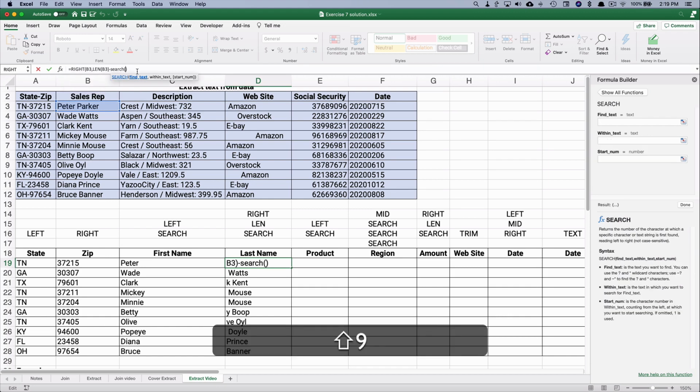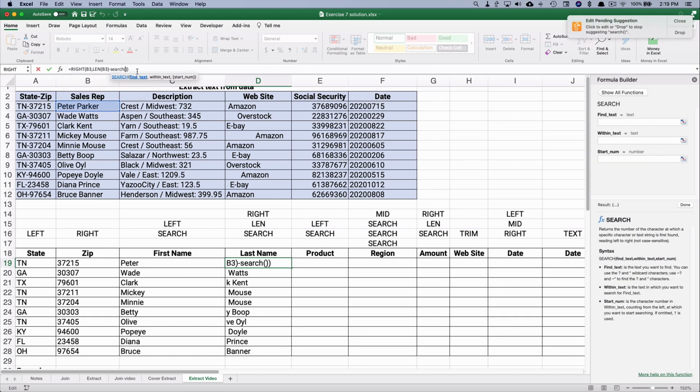So start my parentheses. I'm going to close my parentheses. So then I'm going to go back into the parentheses on search. So I can use this. I'm in the search function, and I can do it just like normal. So that's an easier way to build the formulas rather than type it in the way we used to have to do it. I think this is an easy way, and also an easy way to show if you're just